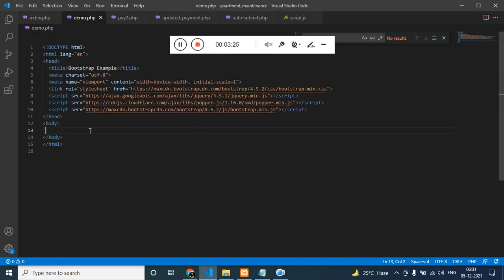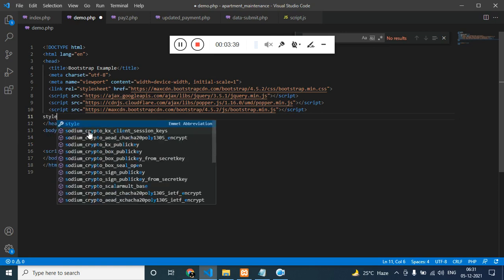We just need a script file, script src, and I'll be naming it as demo.js, and we'll be writing some internal CSS, so style,